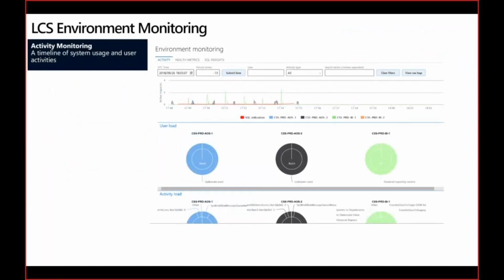What do we have in LCS Environment Monitoring? You basically have three tab pages. One is the activity, one is the health metrics, and one is the SQL Insights. Activity monitoring gives a timeline of the system usage, and here you can see typically things like DTU, how busy is the SQL Azure server in the backend, and you can also drill down to specific areas in the role